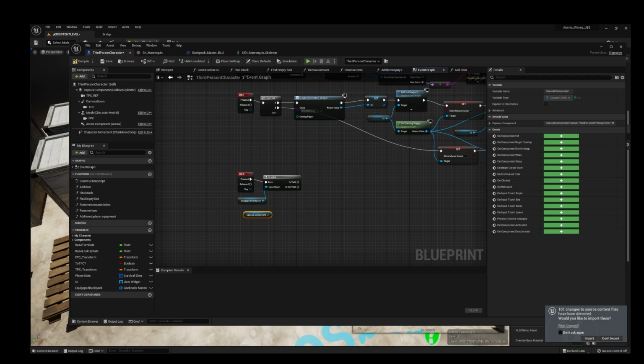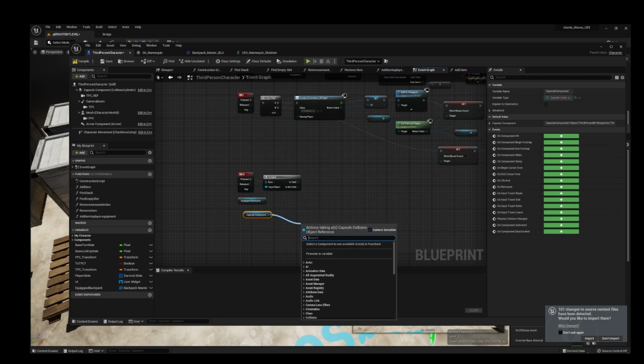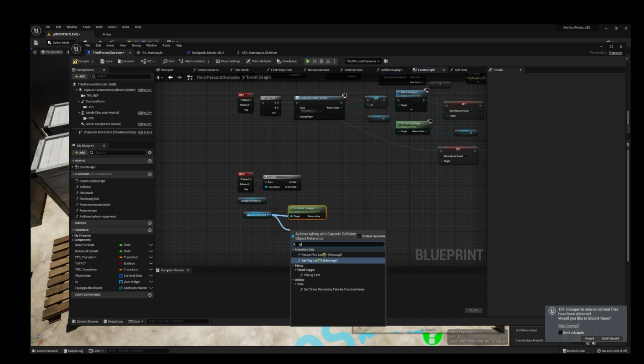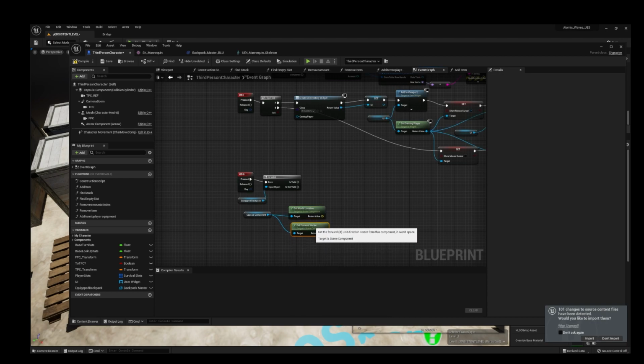So we get our capsule component here, drag this out, and get world location like so. And then also from capsule component, we're going to get forward vector. I'm sorry, not world vector, get forward vector. My bad.